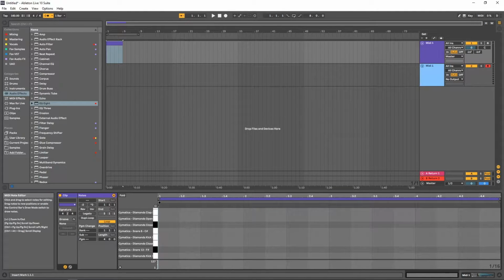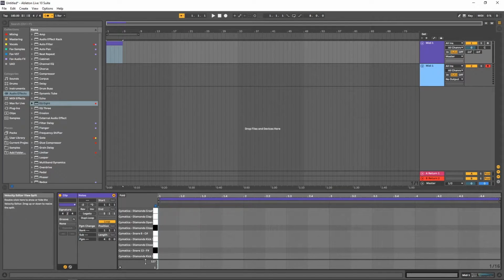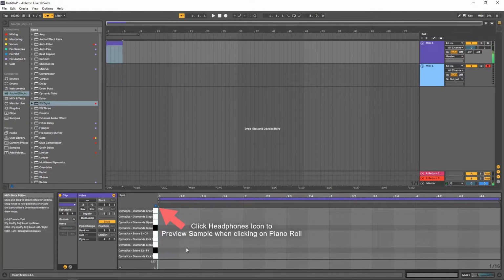So back in our MIDI clip, as you can see right here, we have bar 1, 2, 3, and 4. It's a little 4-bar MIDI clip. And there is counts 1, 2, 3, and 4. So what we're going to go ahead and do is we're just going to put that snare drum on the count 3. So right here, go ahead and go in here and just double click. And if we hit play,